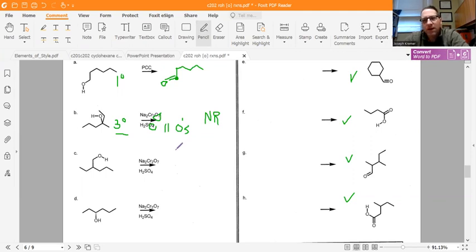It will be a red letter day. It would make the 6:30 news if chemists could find a way to oxidize 3-degree alcohols. It hasn't been done yet. I don't think it's ever going to be done, but never say never. So, and next one,